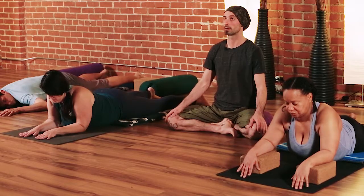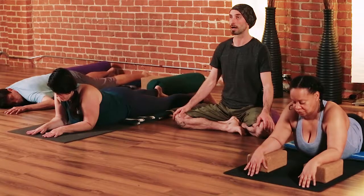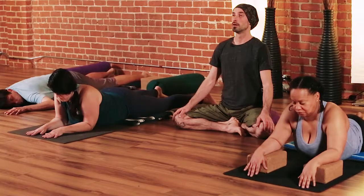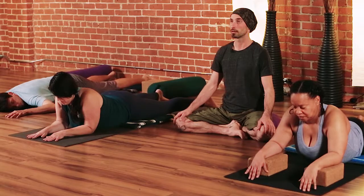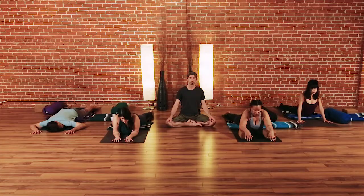Wherever you are, take your last several generous breaths in and out of this shape, breathing down into sensations and breathing out completely. After your next breath in and out,